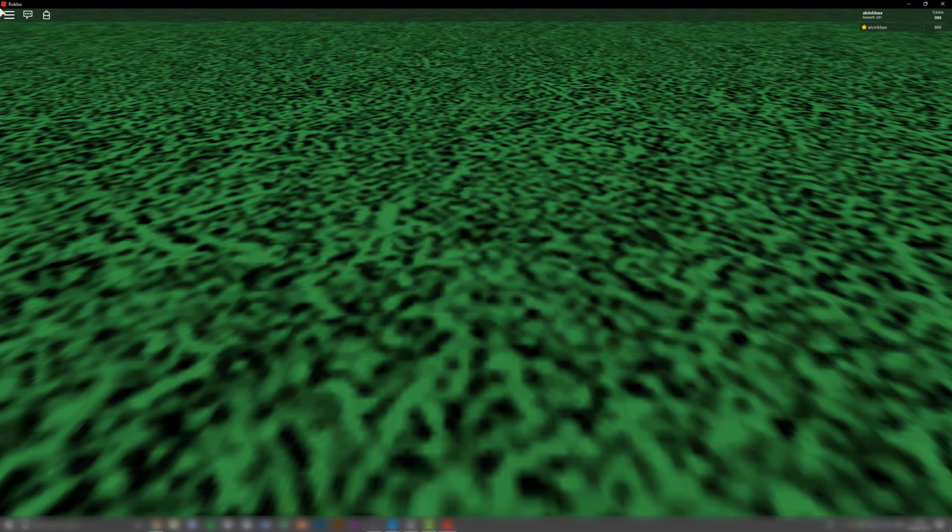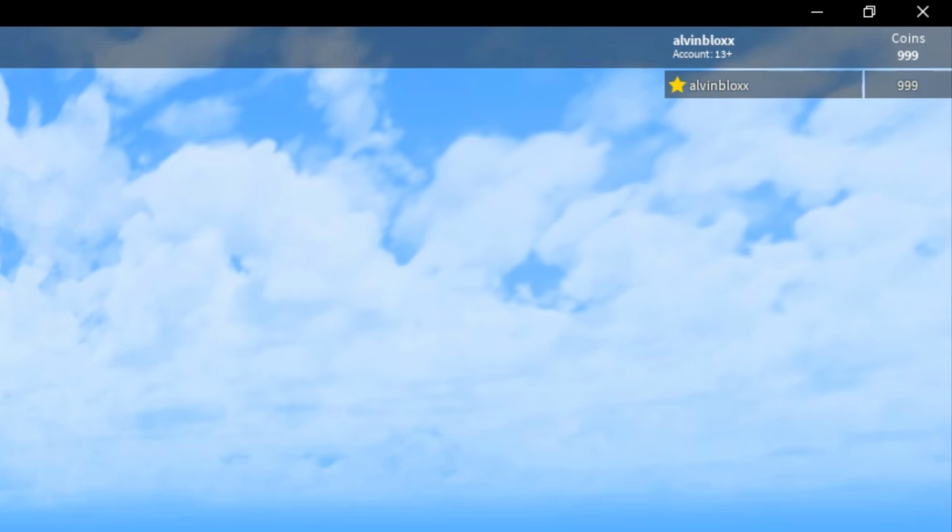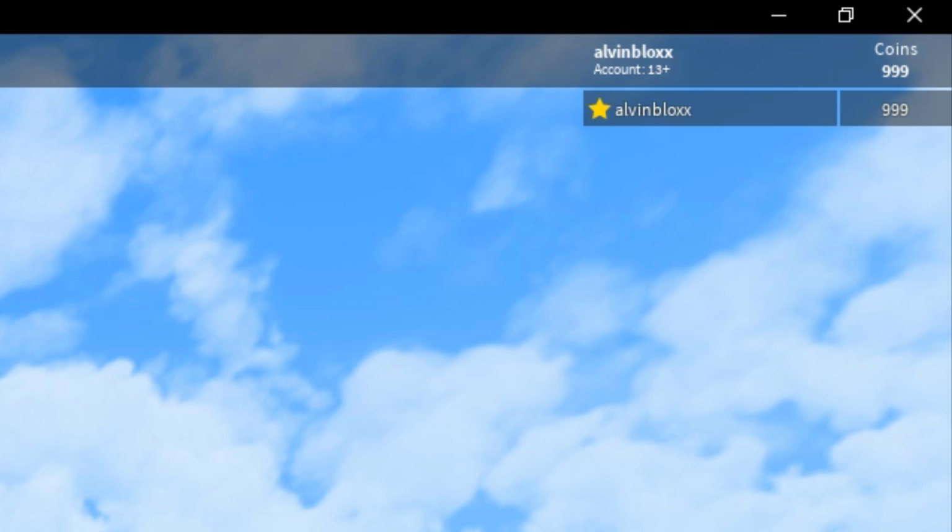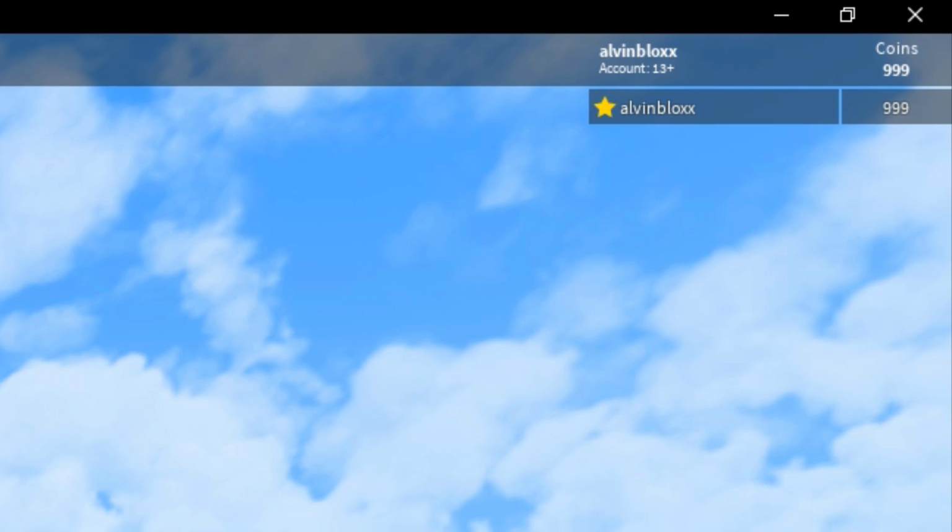Now actually, what should happen is we should load in with 999 coins, because Studio and Roblox are working together, saving the same data, because we've got API access turned on. The data which we saved from Roblox Studio should load in the client here. So let's see if that works. We're joining server, and you can see we have 999 cash. As I said, the Studio testing, which we just did, will update the data stores in every single live game. So you need to be a little bit cautious when you're updating your data stores